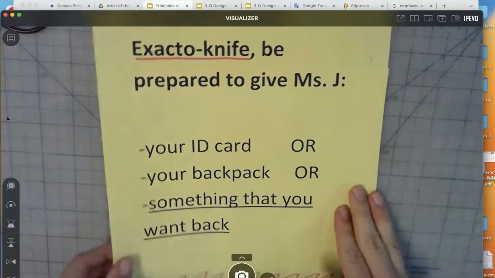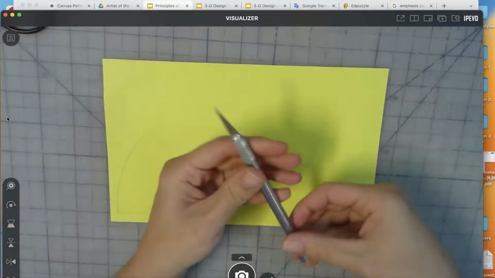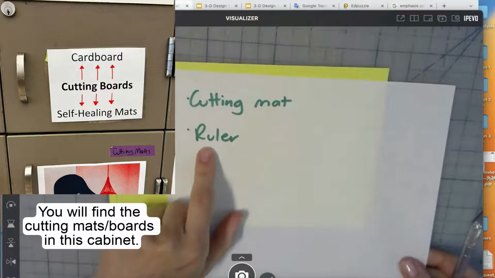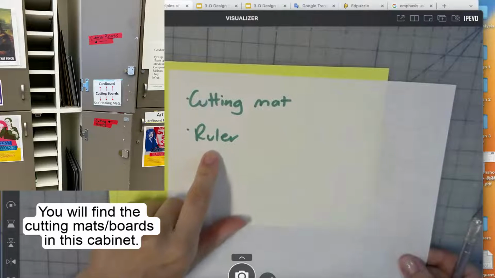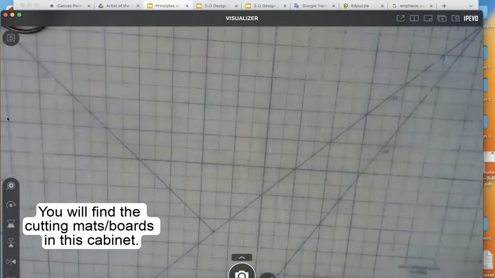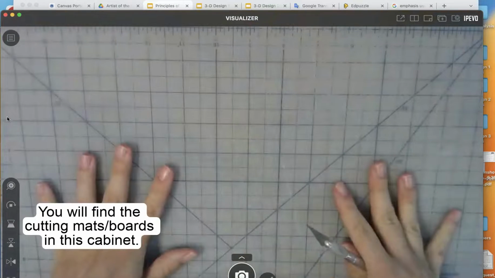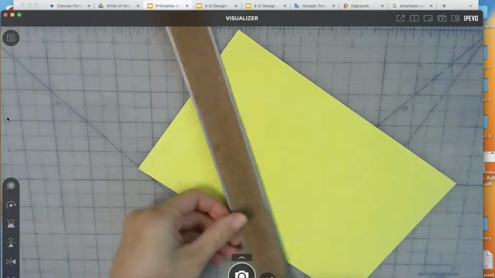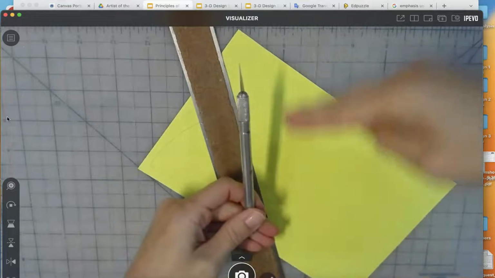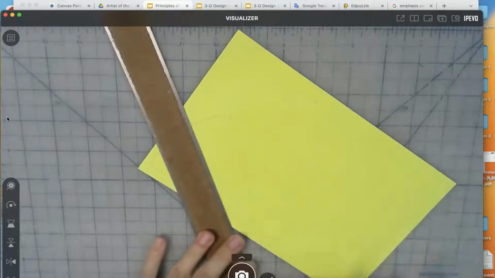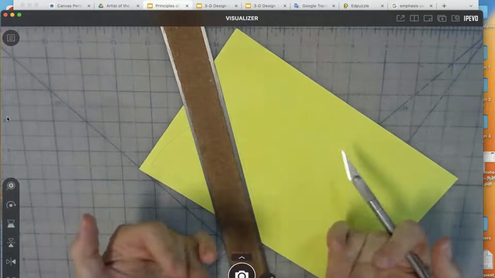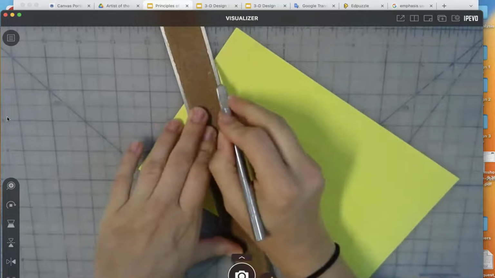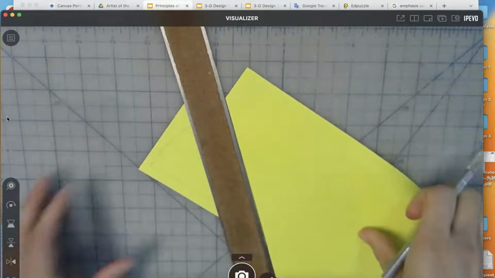I've got sketchbooks. Once you have your X-Acto knife, you will also need to get a cutting mat, and you'll probably need a ruler because you need to cut straight lines sometimes. This is a cutting mat, so we're not accidentally cutting into the table. When we cut with an X-Acto knife, we want to cut towards us. We don't want to cut above or sideways. So I'm sitting right here, and I'm going to take my ruler, line it up with that line, and just cut straight, because we want to make sure our fingers are out of the way, right?